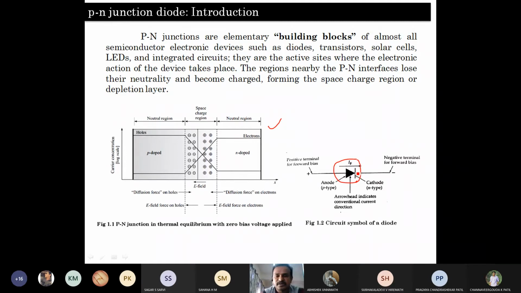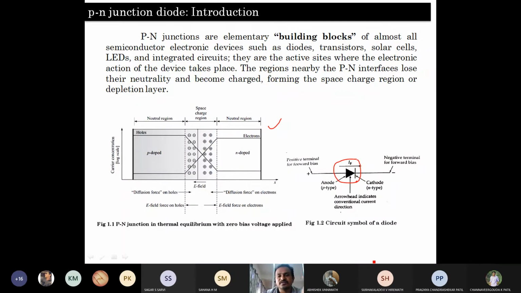Here obviously we have P-type semiconductor and N-type semiconductor material added together. Then whenever we want to use that component, we need to introduce terminals for it. So this is a device which has two terminals. It is a two-terminal device: one terminal is the P-type semiconductor material, and the other terminal is the N-type semiconductor material.